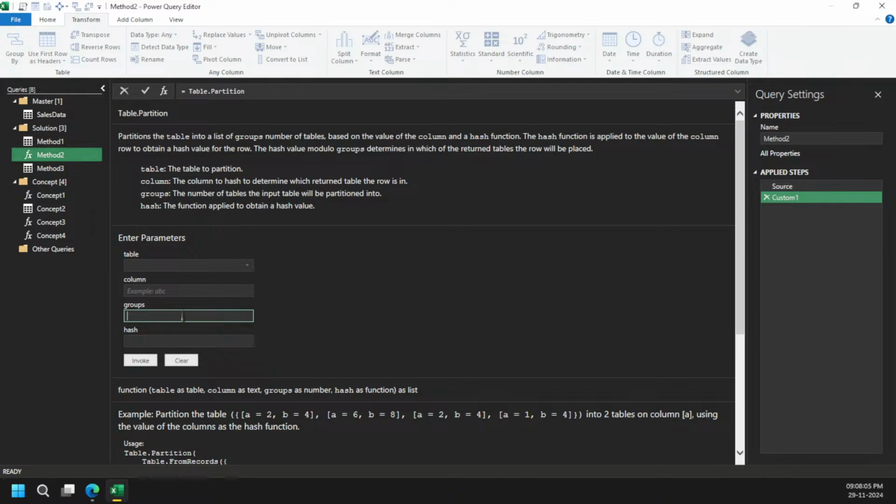Got it? And then we need to specify how many groups we want. Again, one of the limitations is I need to hard code the value, or calculate everything in the first place and then recalculate the other things. So that's a problem with the table.partition function.